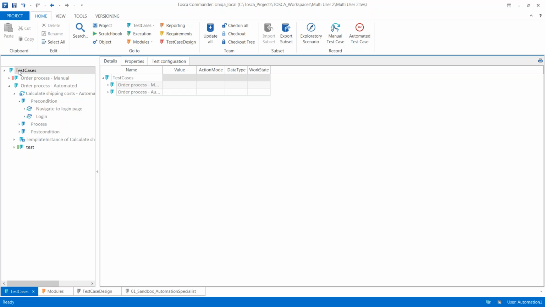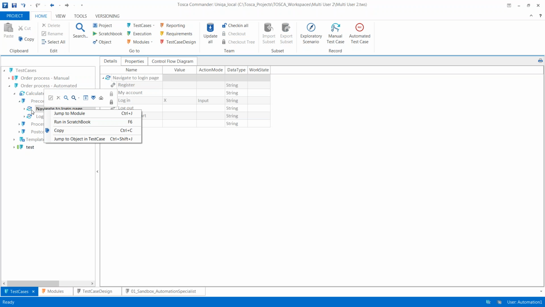One of the things that you'll soon get to know and love, I hope, is the context and mini toolbar. So if I was to right-click on Navigate to Login Page Test Step, you'll see two items have popped up on the right-click. The first you have is the mini toolbar. Now this allows you to do most of the important things